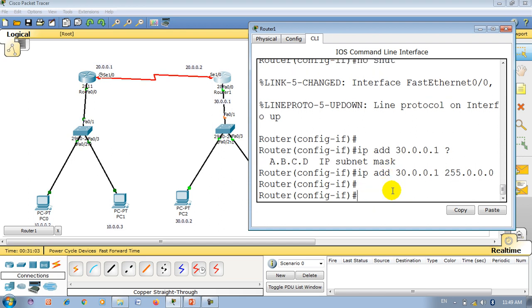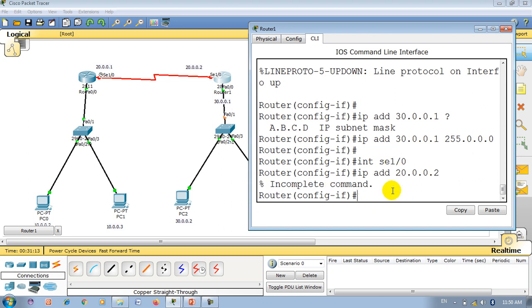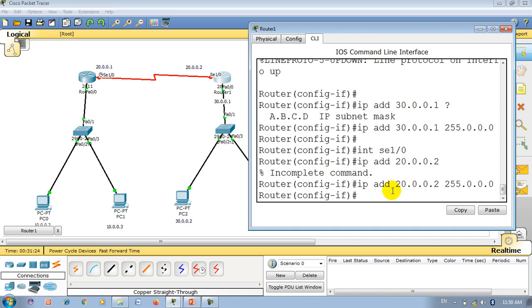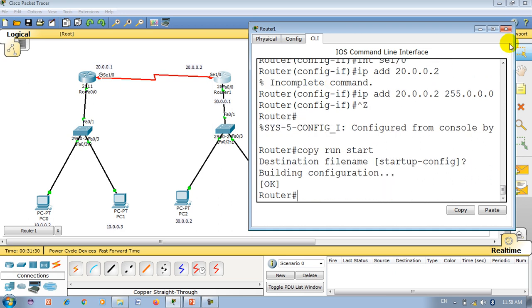Right. Now interface serial 1/0 of router 2, then IP address 20.0.0.2, and 255.0.0.0. Copy run start, right, to save it.